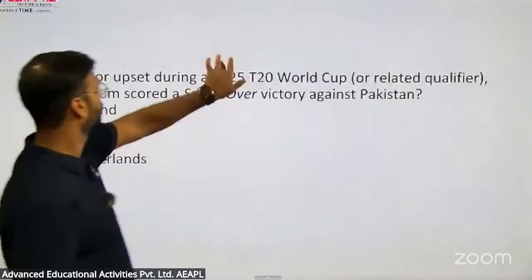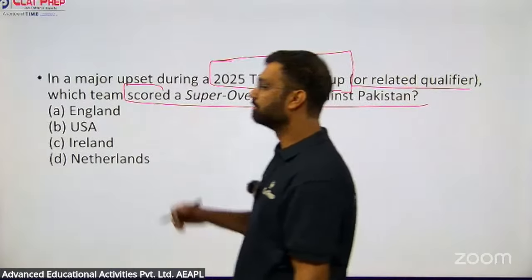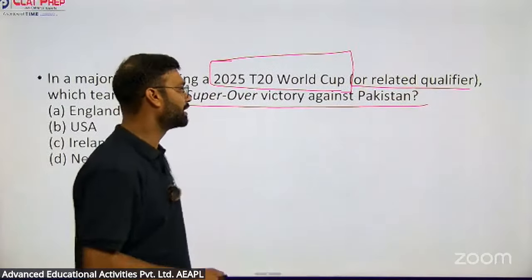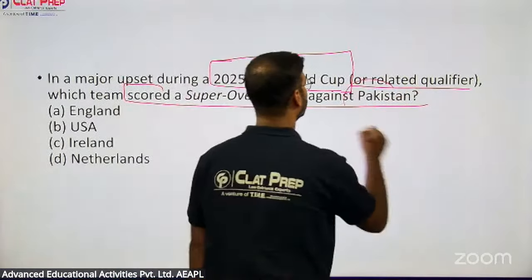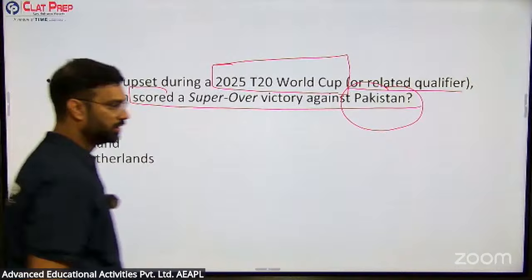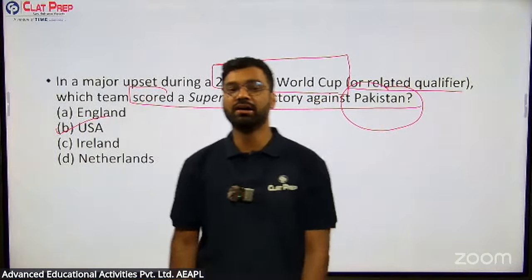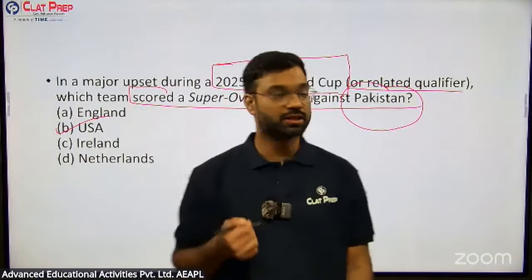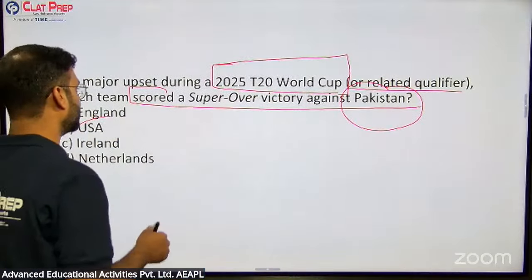We won the T20 World Cup, right? And this question is from the T20 World Cup. Now, there was a major upset in which Pakistan was defeated in the super over. And the team which defeated Pakistan is USA. USA had defeated Pakistan in an exciting super over match during the T20 World Cup, and this was